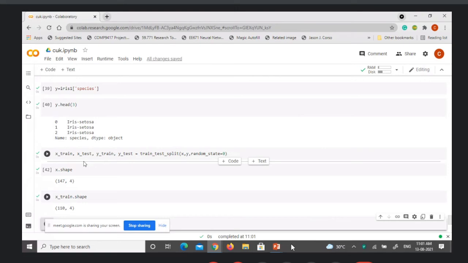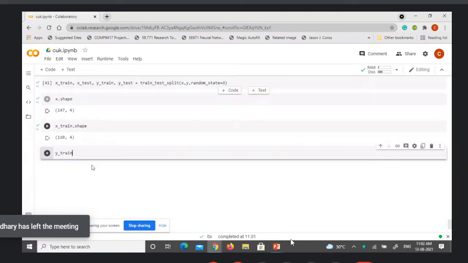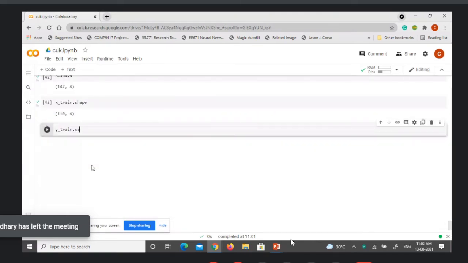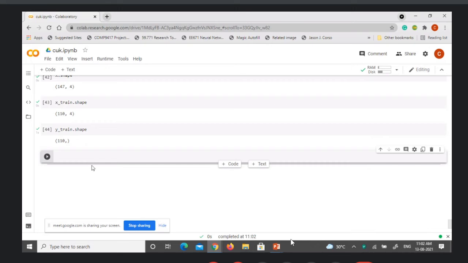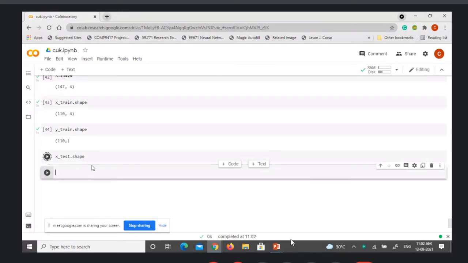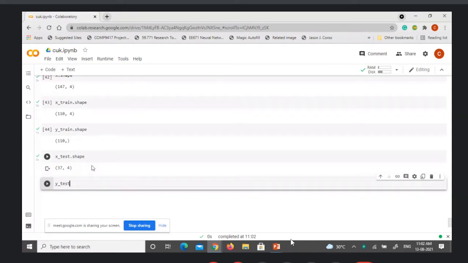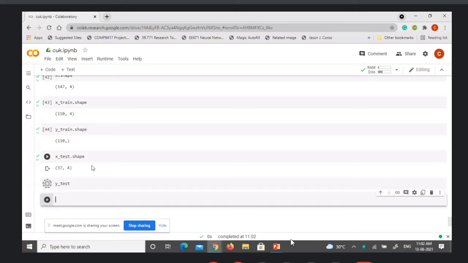If you want, you have a parameter to shift it to around 60-40 or 75-25 also. Similarly, Y train dot shape: of those 147 labels, 110 labels are in Y train, and in X test the rest of the 37 rows are available, with the corresponding labels in Y test.